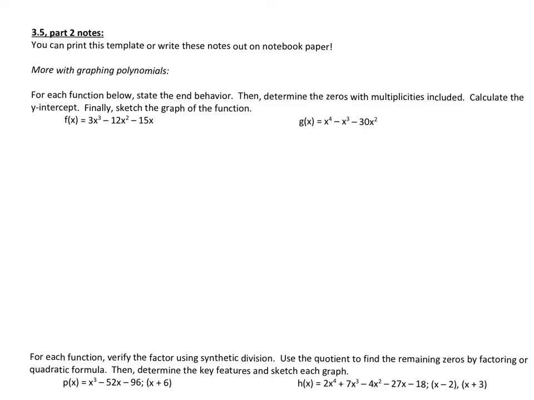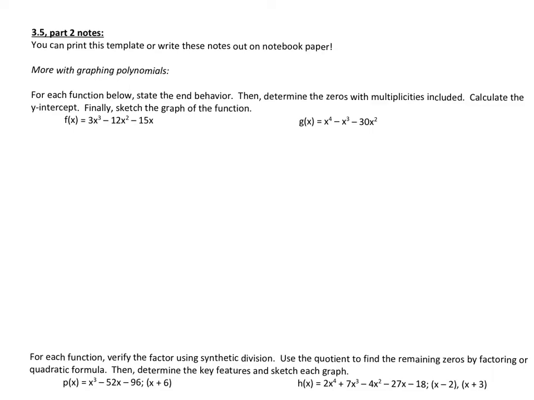The second part of Lesson 3.5 focuses on graphing. We'll use factoring and synthetic division as means to find zeros. We'll state end behaviors, find our zeros, calculate our y-intercepts, and use those pieces of information to sketch the graph of our functions. Please either print this template out from the folder on our Schoology page, or simply write this out